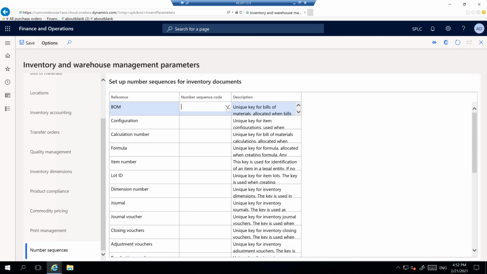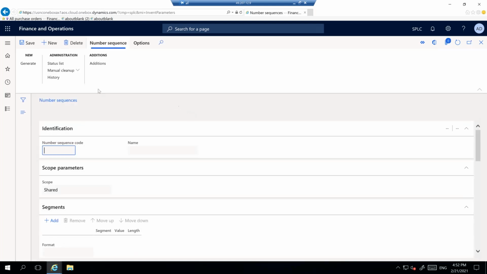Any module parameters, right click, view details. Then there is a button called generate. The new button is available, but the generate button. Actually, if it is 2012, there will be a magic tool here. One image will be shown here. So magic tool in 2012. You know, like abracadabra, people do like this, some kind of magic tool. This tool will be shown here. Generate. If you click on generate,